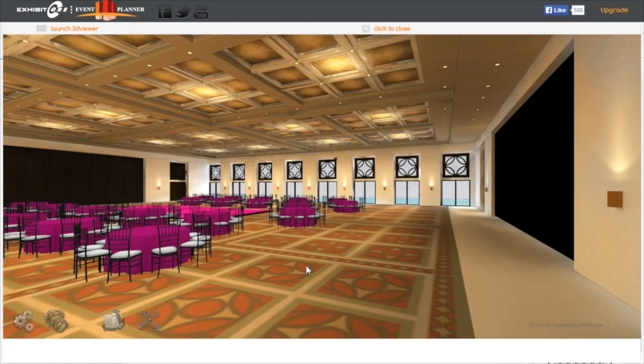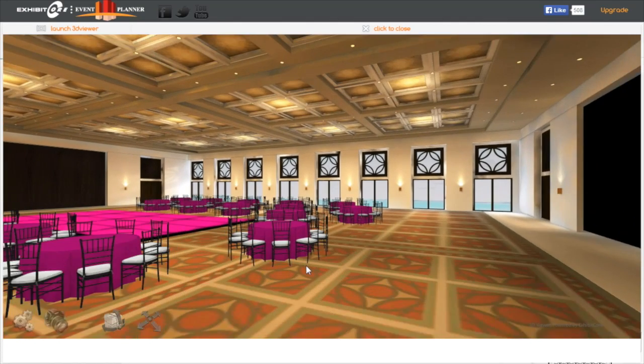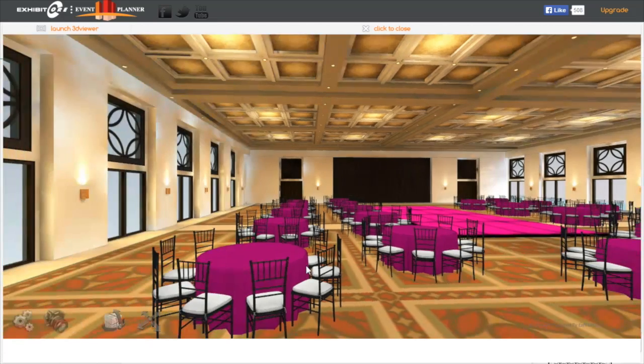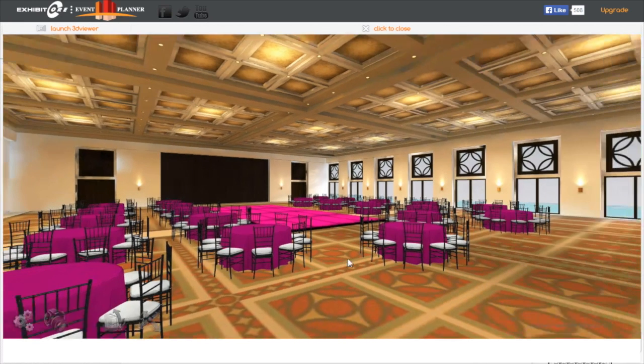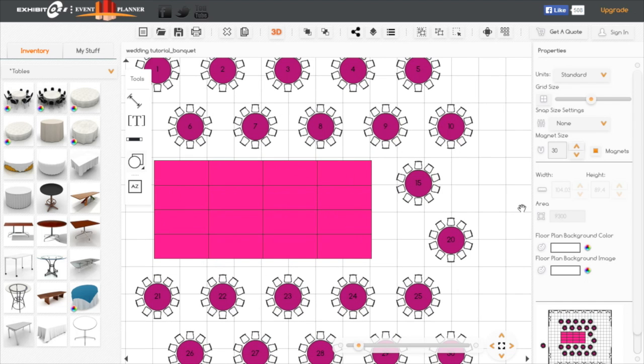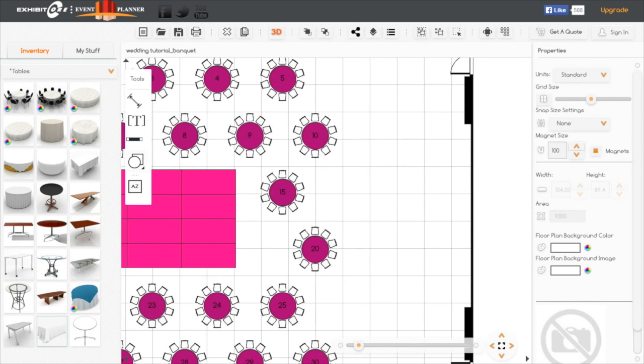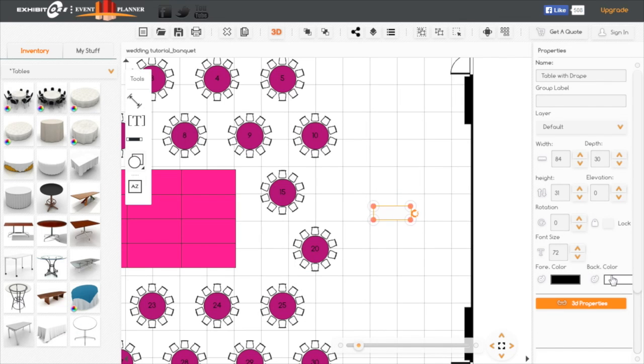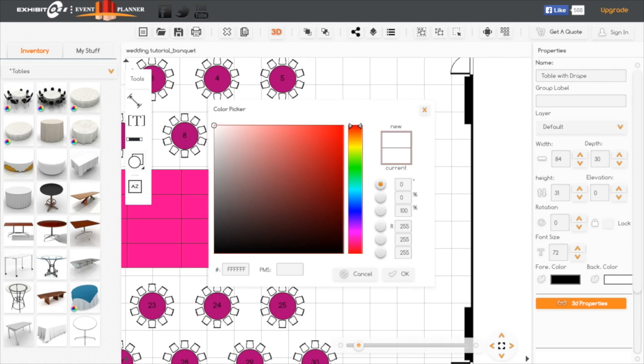Now here's walkthrough. This again, I think I showed you this earlier, is another good view to take a look, eye level view of your room. So let's exit out here and we're back in the plan view area, and let's start working on the bridal party. So I'm going to zoom in a little bit, and now we're going to come over here, drag and drop a rectangular table into the space, and come over here to the back color, click on that, and this is where we can add our PMS color in again. We're going to go with the pink for the bridal party,